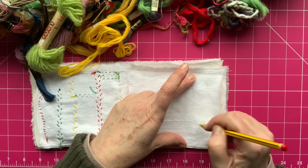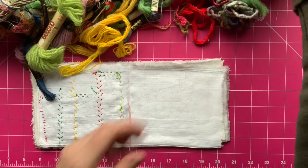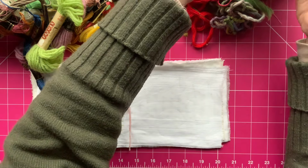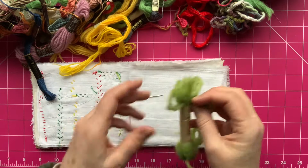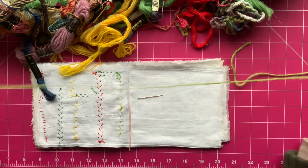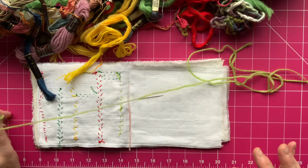So I've just drawn them out lightly, you don't have to, but just so that I've got room on my page. So I'm just going to grab a needle, and I'm just using one of my chenille needles, and that should be thick enough for everything. And I'm going to start with this wool here. So I usually start with the thicker thread first, and weaving